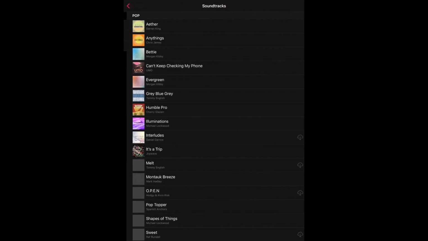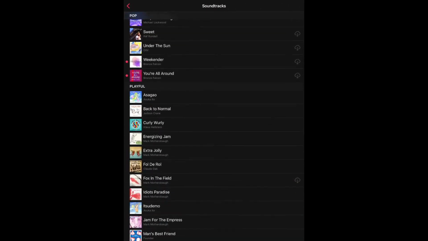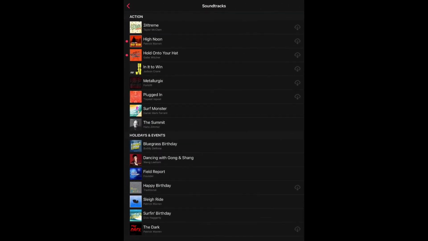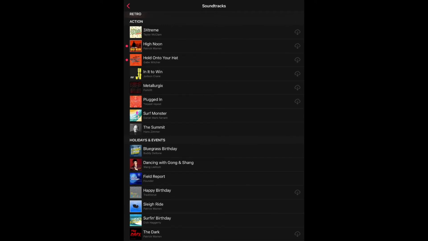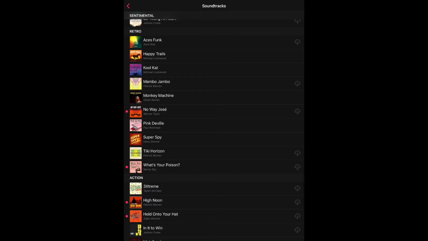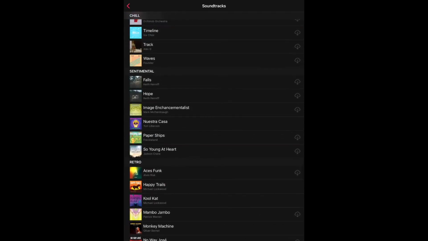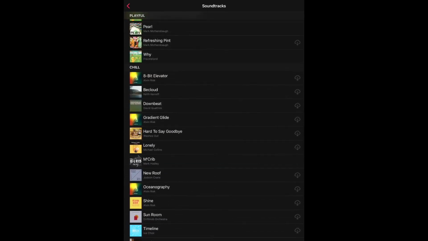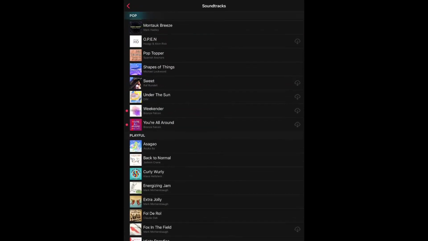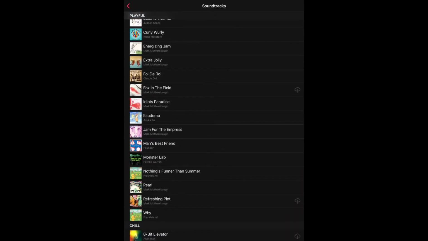Now when I'm done and I'm happy with the way everything looks, I do have a music note in the upper right hand corner. This will show me some soundtracks. One of my favorite parts of Clips is it's got a bunch of pre-built music already in here. And so you can tap on a song that you like and it'll go ahead and drop that song in there. They're organized by different feel. So I have sentimental songs, I have chill songs, I have playful songs, and so on. And so if I like one and I tap on it,